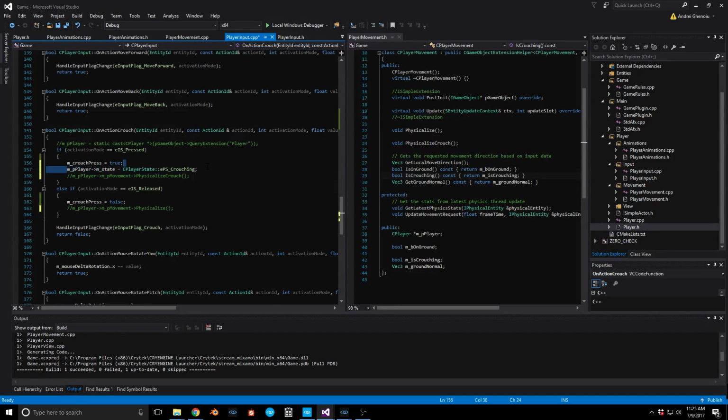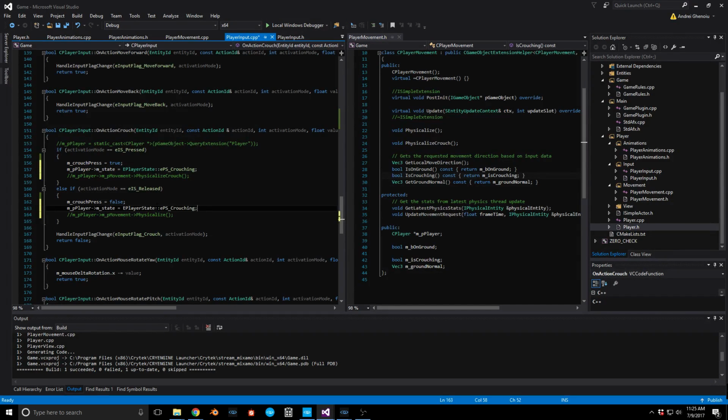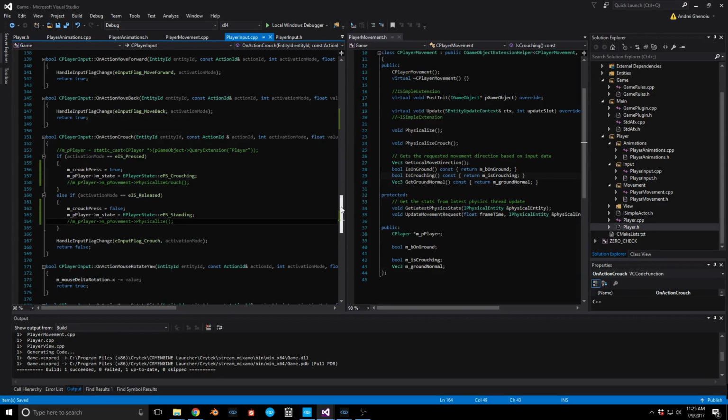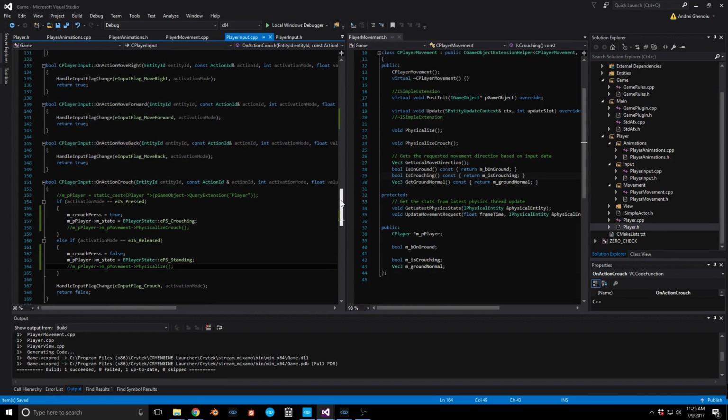And once we release it, we want to stand. So this is going to be EPS standing. There it is. Okay, so now that we have that worked out as far as what happens when the press action happens,